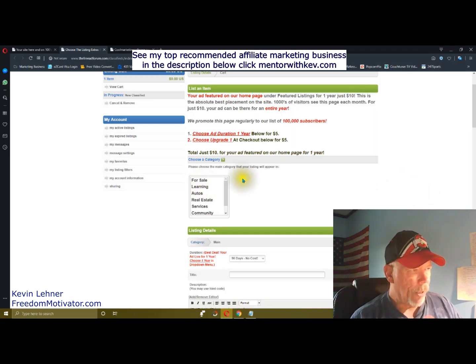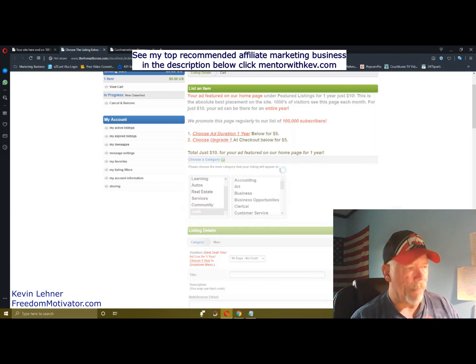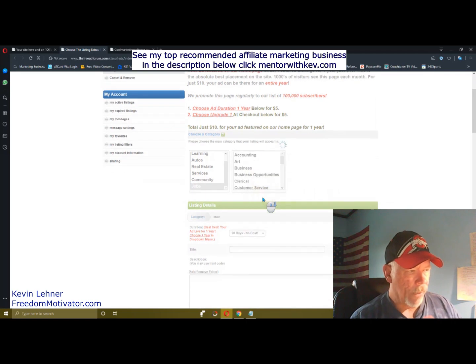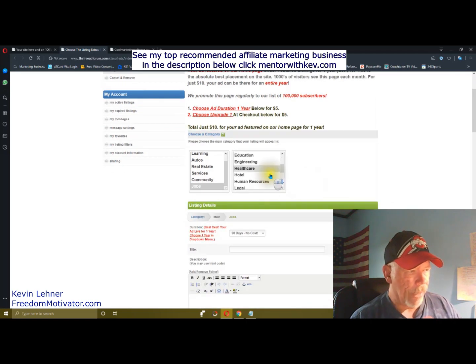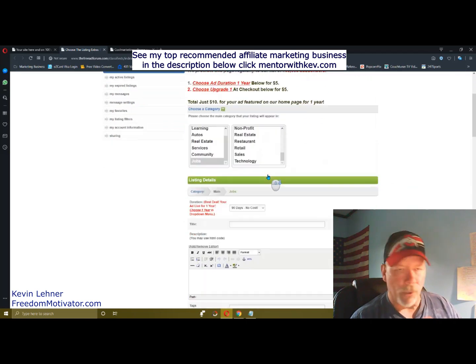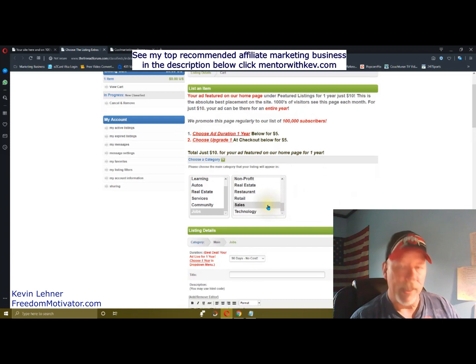Now, what you want to do when you come here is scroll down this little window and click on jobs, where it says jobs right here at the bottom. This opens up another category, and you can scroll down and pick any of these categories that you want to place your ad in. Of course, if you're placing a business ad or a money-making offer or something like that, you're going to want to choose